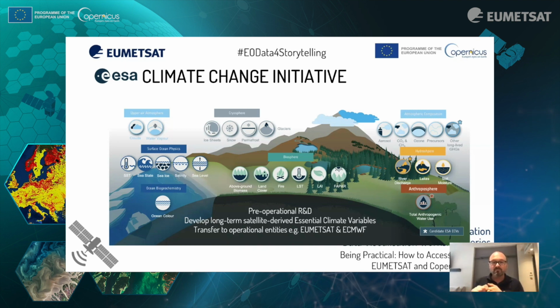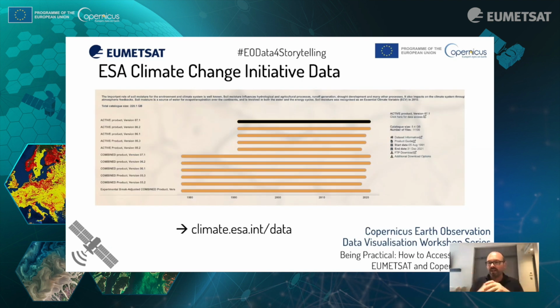So we're creating satellite data sets that are used to characterize the climate. We do the algorithm development, the processing chain setup, and then once we have it in a mature place, we transfer it to operational entities. So we pass on the annual extension to our colleagues in EUMETSAT and ECMWF. So we're the research arm, and then pass those data sets over, just to give you some background. So we have a lot of data, masses and masses of data.